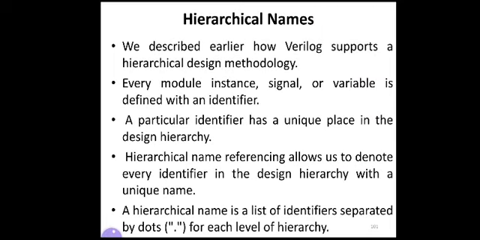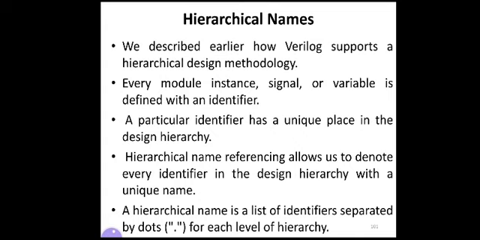Last topic of the module, hierarchical names. As we know, earlier we have described how Verilog supports the hierarchical design methodology. We have seen hierarchical design methodology in module number 1. So in every module we have instances, signals, variables, data types, etc., which are defined with the help of some identifiers, and we know how to declare identifiers.